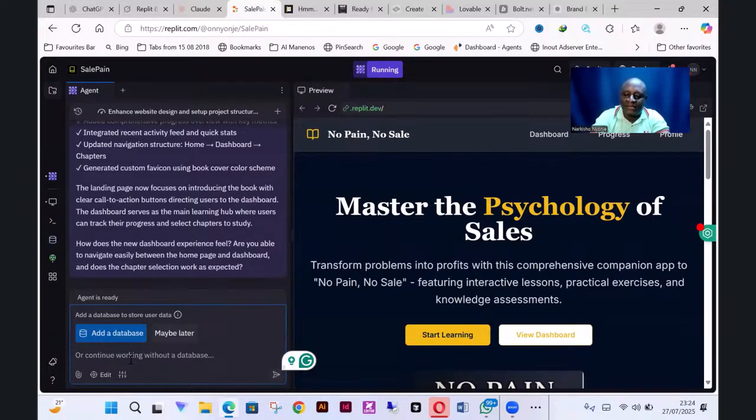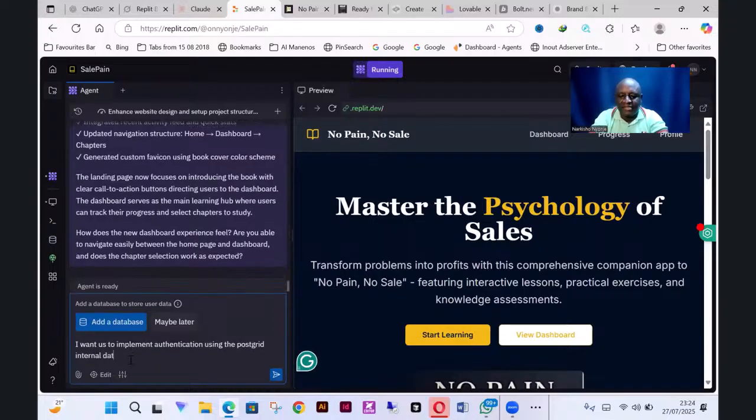So I want us to implement authentication using the Postgres internal database in Replit